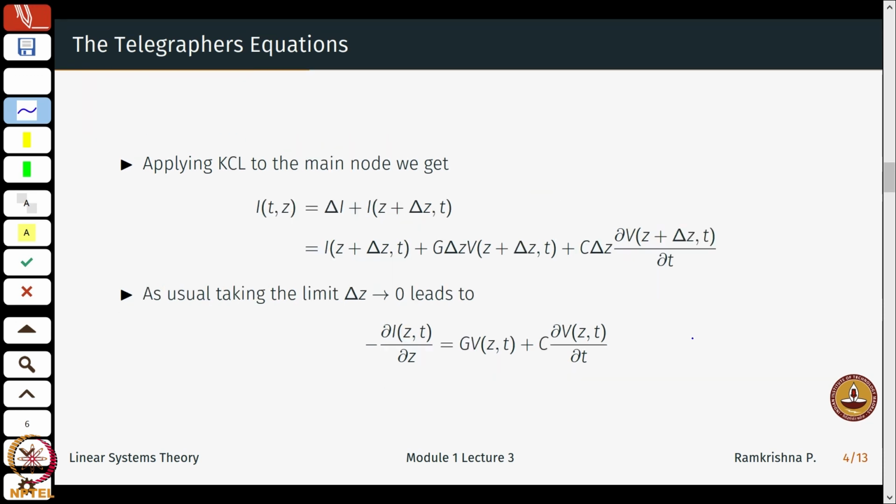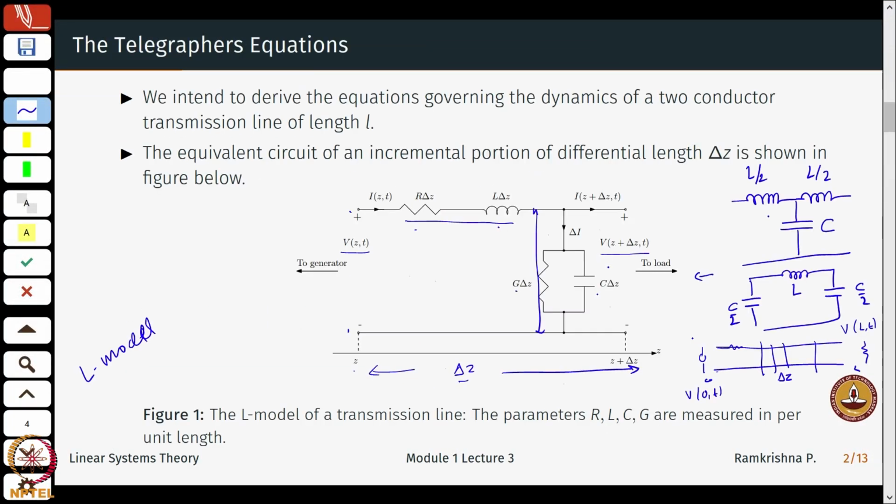Another class of infinite dimensional systems could be time delay systems. One way to look at things here is that if I send a voltage here at time t equal to 0, it might reach the load, which is at length L, with some delay tau. So, transmission lines can also in some cases be modeled as pure time delay systems. There is possibly no loss, maybe in some ideal case, just a time difference between the time I transmit my voltage from z equal to 0 till z equal to L. Again, there is a lot of literature on that.